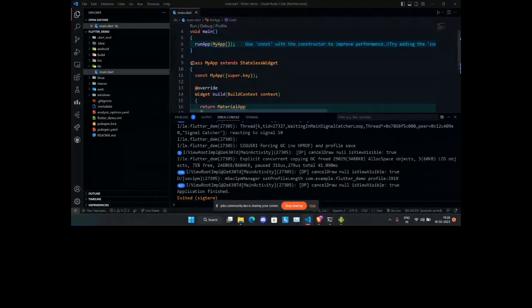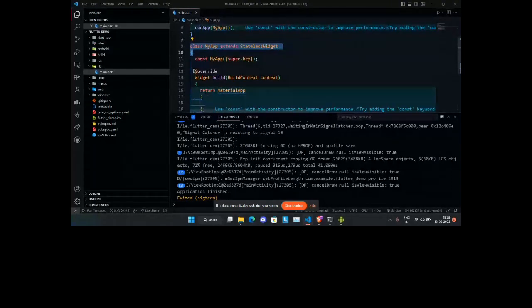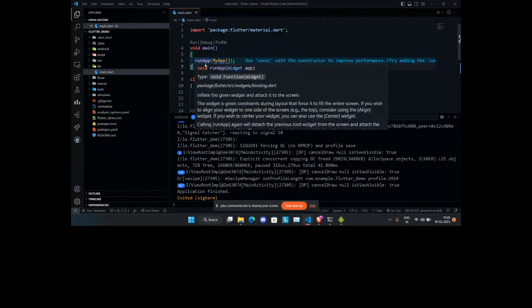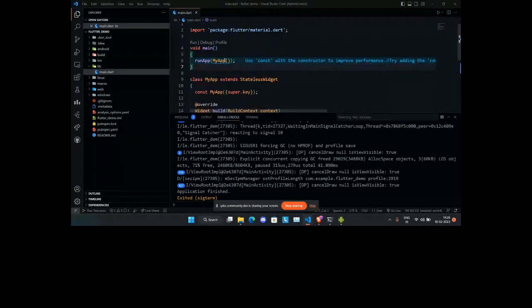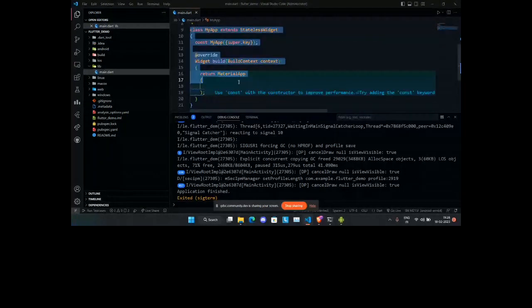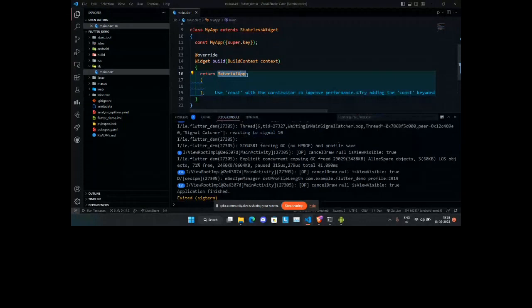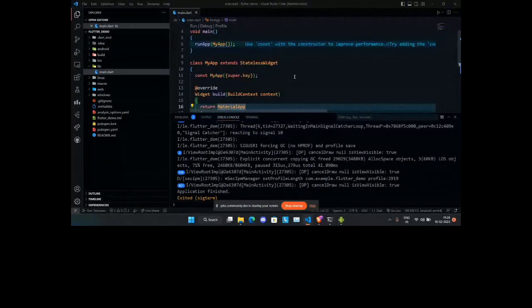So first of all, what did I do here? This is normally just a function which is taking a parameter called MyApp, and MyApp here is a class which is gonna run our application and which returns MaterialApp. MaterialApp is basically Android's design language, Material.